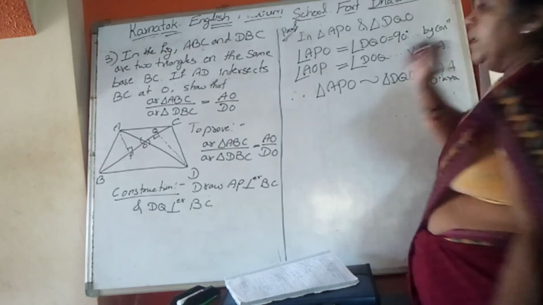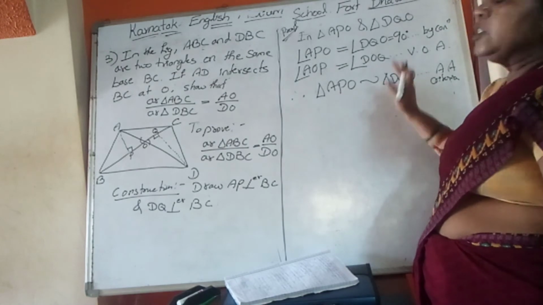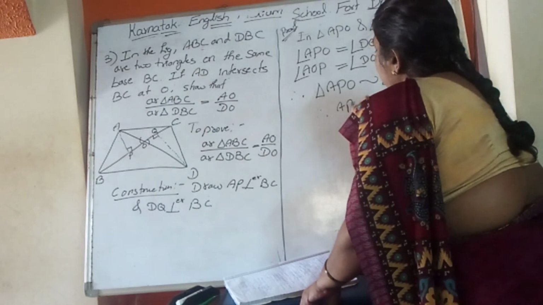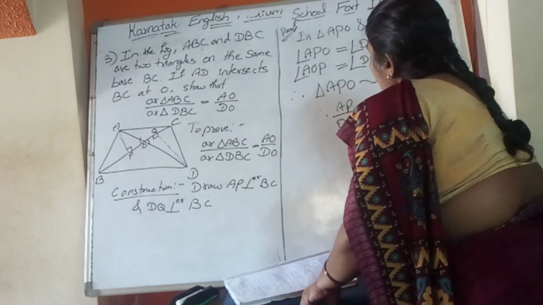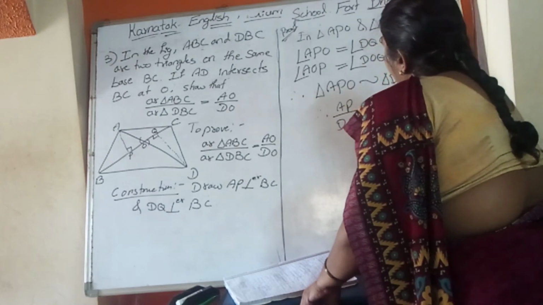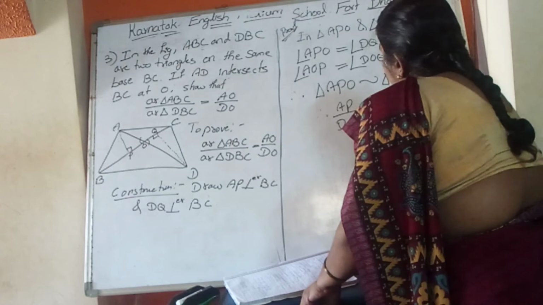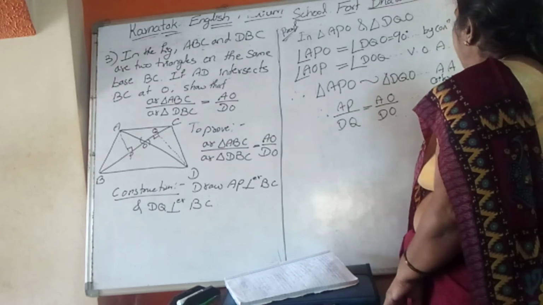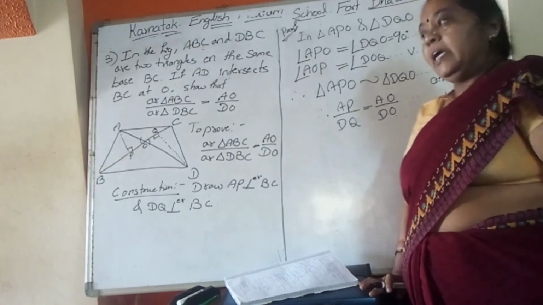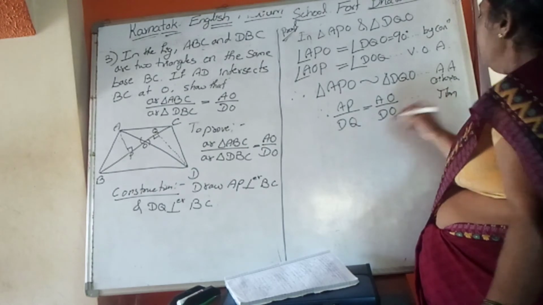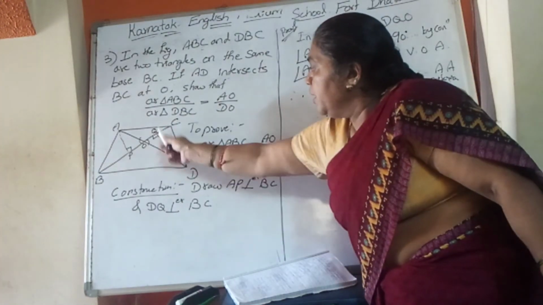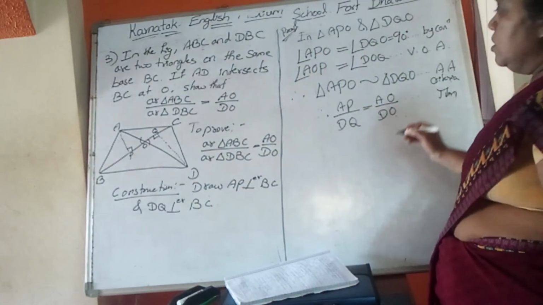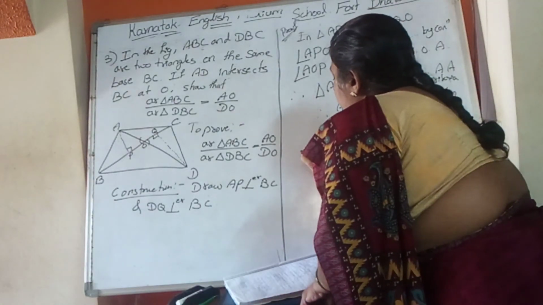When these two triangles are similar, therefore AP upon DQ equals AO upon DO. Because of the AA criteria theorem, AP upon DQ is equal to AO upon DO. Understood now? So, then area